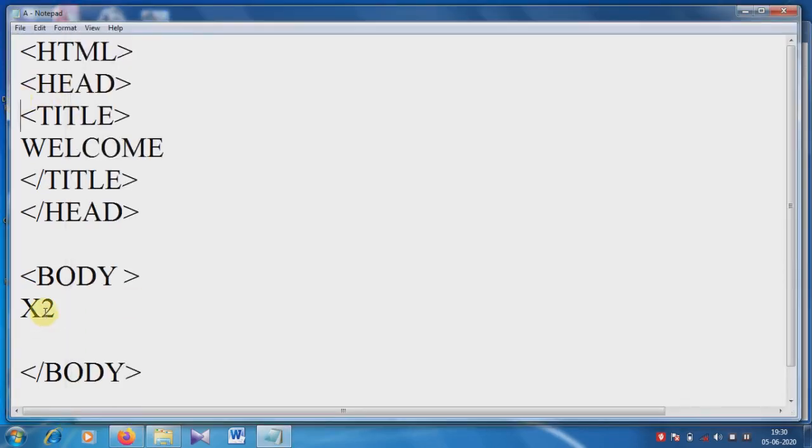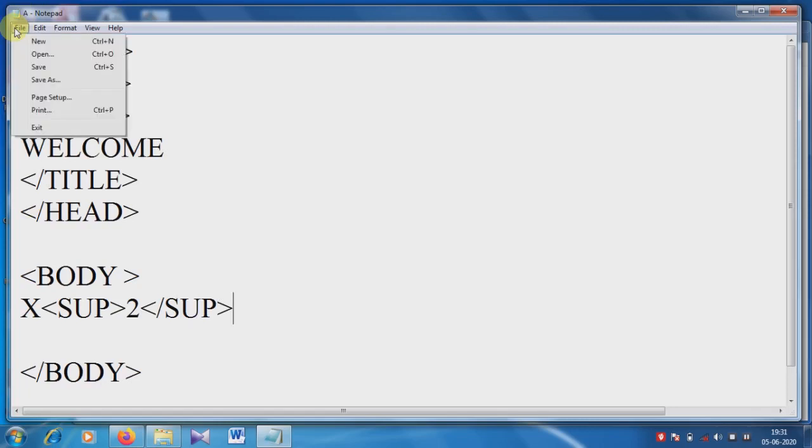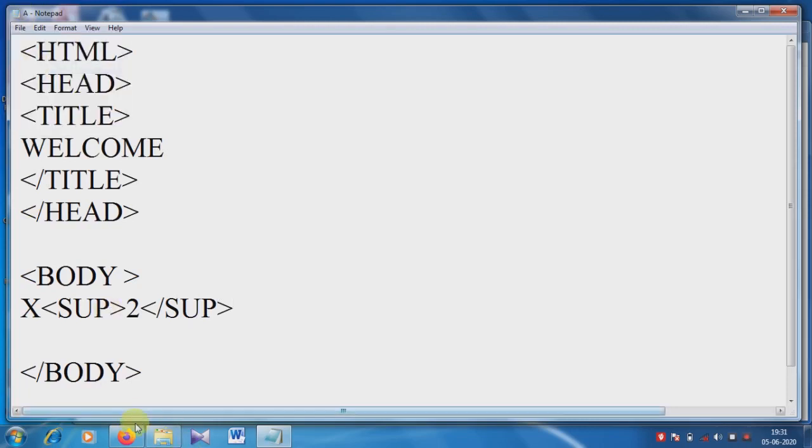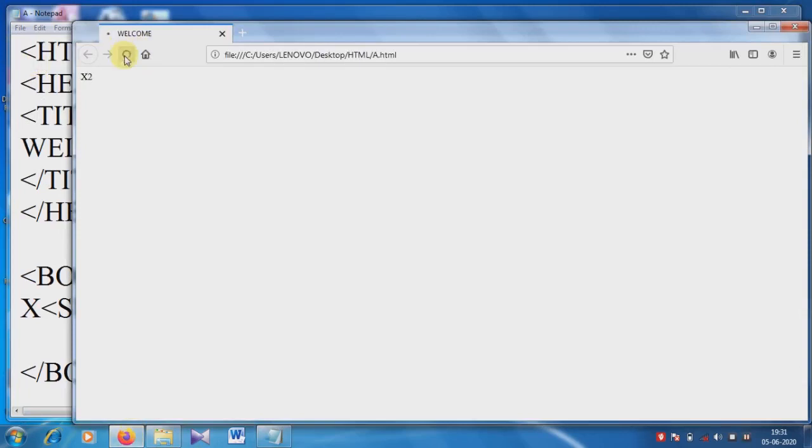So when we want to write x square, we have to place it within the superscript tag. So now this is the output.